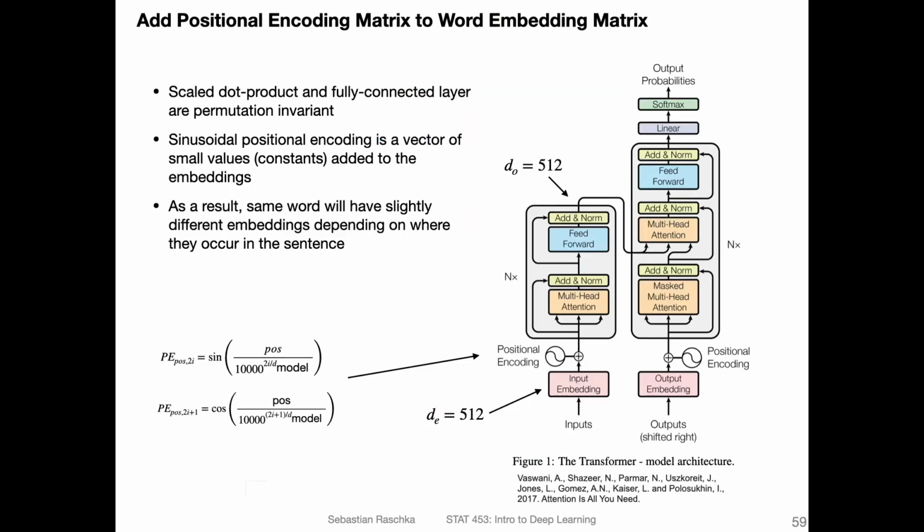All right, let's now talk about this positional encoding here. So there is something that is added to the input embeddings. If we think about the scaled dot product self-attention, how it works is that we are essentially relating each word, the query, to all the other words in a sentence. That's the self-attention part, but there is no notion of where the word is located in that sentence. So it's kind of invariant towards where the word is in the sentence. We are relating it to all the other words, but it doesn't really matter if that's the first word of the sentence, the last word, and so forth. We could get the same values.